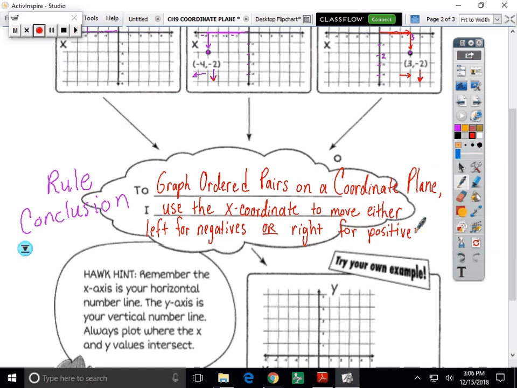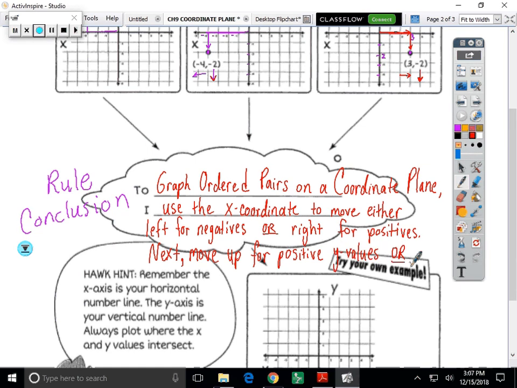There we go. We might want to point out what you have to do next, and I know I'm running out a little bit of space here, so hopefully you can make a little bit of room like I'm going to try. So next, we need to talk about the Y value. What does that Y value make you do? Next, move up for what type of Y values? Oh, they were positives. If you look at your examples, that first one was a positive. It's way over there in that top left corner. So we move up for positive Y values,